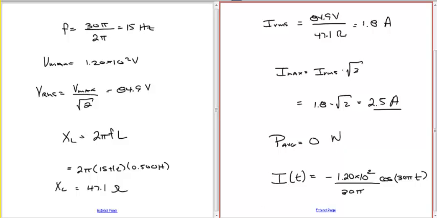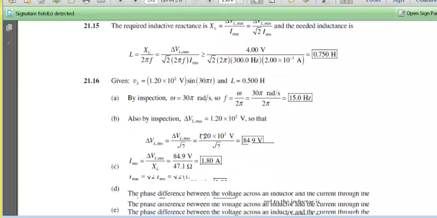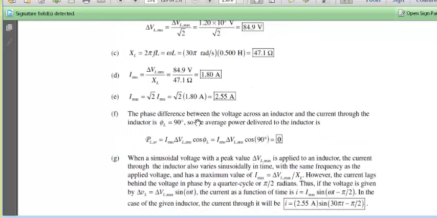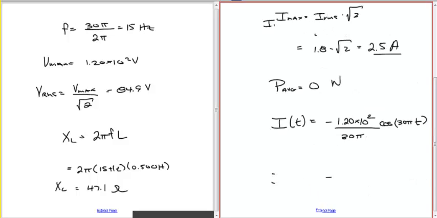Okay, let me check my answer here. The average power is 0. They had 2.55 amps sine of 30 pi t minus pi over 2, so they put the phase angle in there. Because the cosine and sine are out of phase, you get I of t. Now if you take 120 divided by 30 divided by pi,